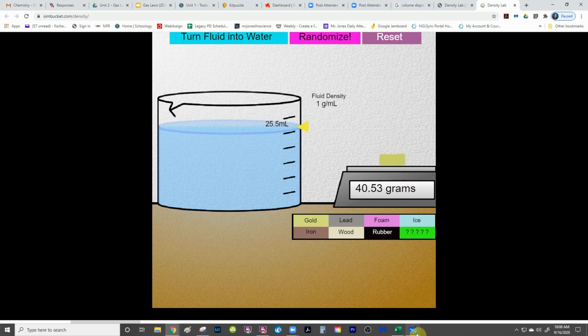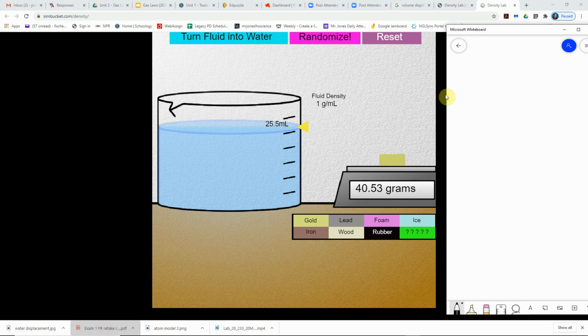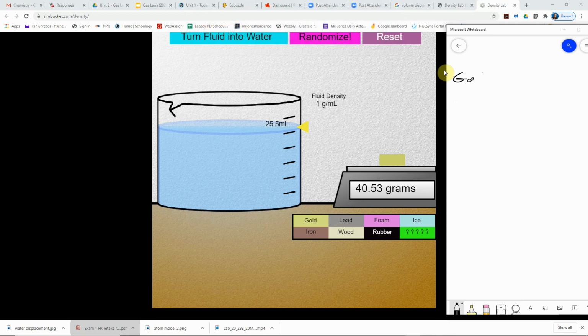And we need someplace to write down that weight. Now I want you to get a piece of paper out because you're going to turn in this piece of paper, so keep it nice and neat. Let me go backwards. You're going to say gold. Have a nice little section labeled gold, and you don't have to do this one because we're going to do it together. But you'll do it with lead and iron and wood. And I want you to write down its mass, right? So its mass is